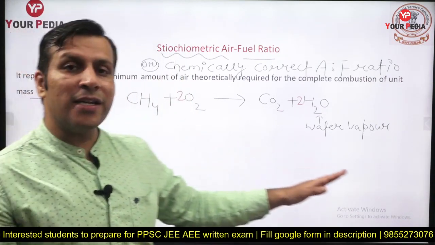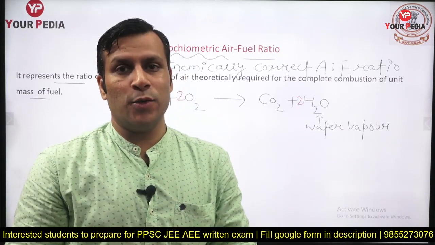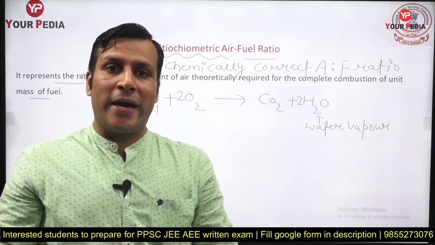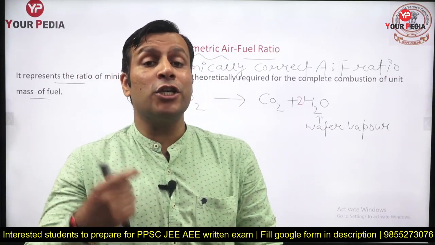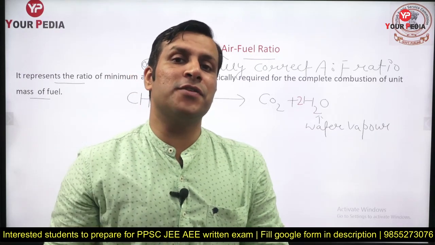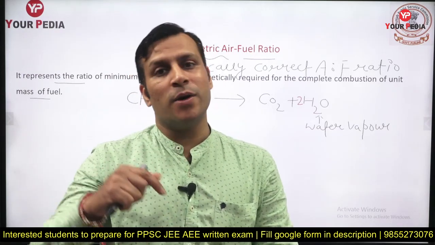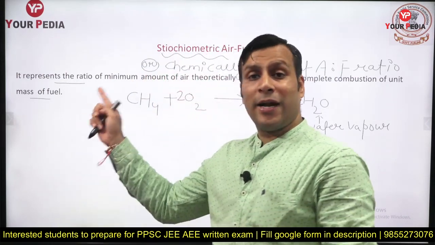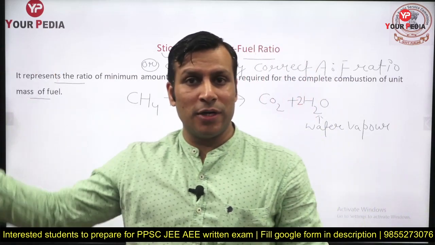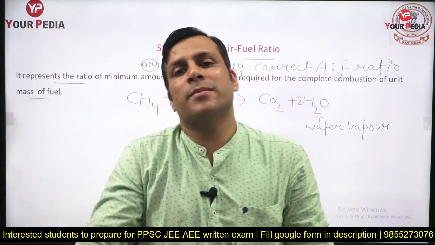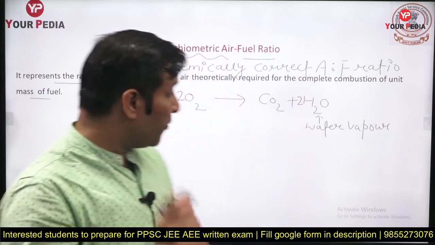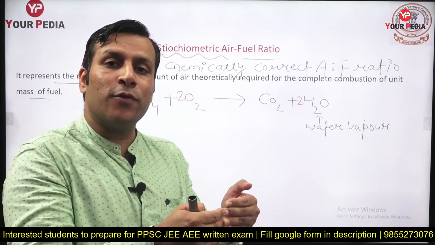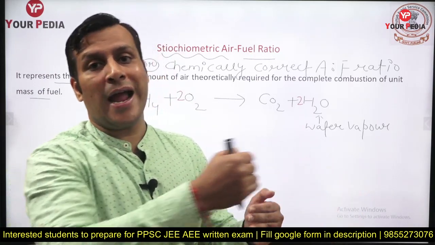Guys, you know how to carry out this analysis for all fuels, but you need to have some understanding of the stoichiometric air fuel ratio. Only then will you be able to understand that when we are providing a rich mixture, a mixture which is rich in fuel, which is not having sufficient air in it, and you are transferring that into the engine, obviously you will get the unburnt hydrocarbon. The unburnt hydrocarbon which we are getting in an IC engine, whether it is petrol or diesel, will result if you are supplying some excess fuel. So before that, you need to understand the stoichiometric air fuel ratio, because based on that only we will be able to define the rich mixture and lean mixture.